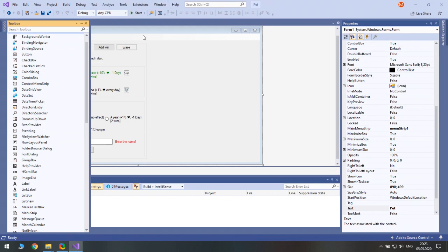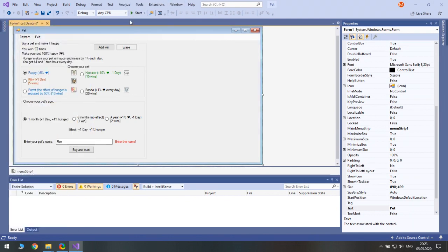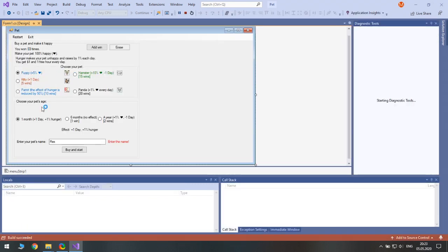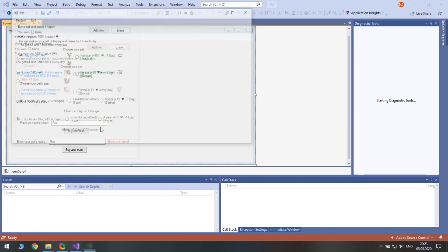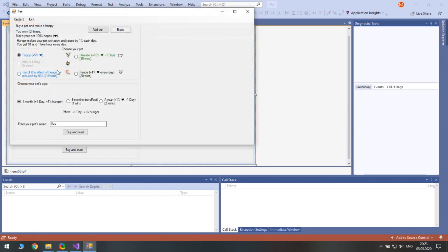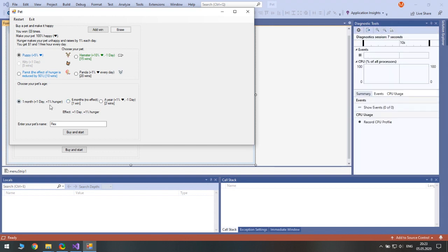Now, well, let's try and check if all radio buttons belong to their own groups. So these radio buttons should not mix with these three. Oh, and I also forgot to disable these radio buttons by default.